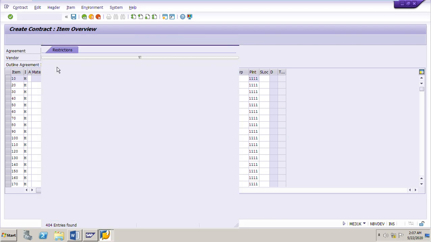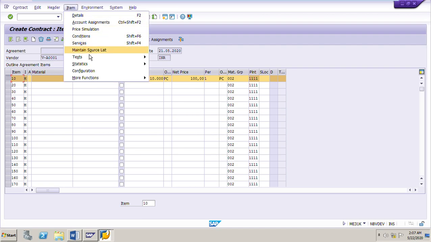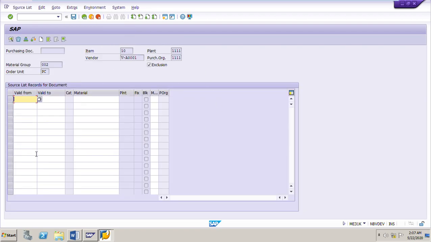Now, if you want to exclude any specific material belonging to this material group, select this item, and from the menu bar go to item, maintain source list. Here put the validity period for which you want to exclude certain material. Put that material here.